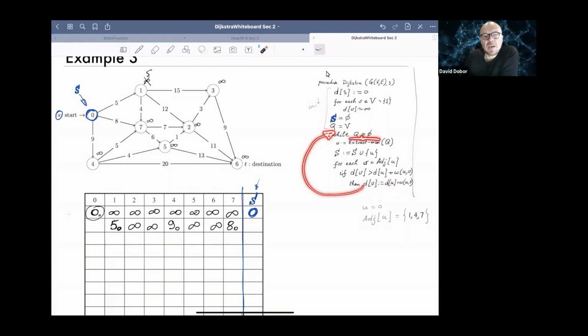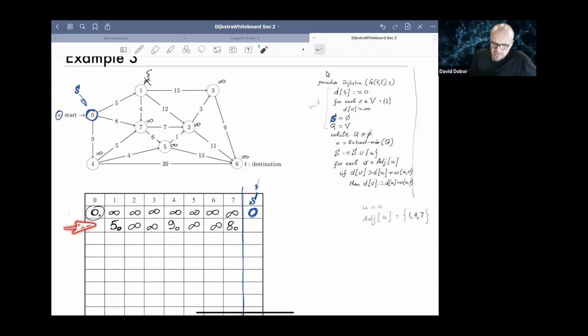Is my queue empty? Well, no. What's on that queue? 1, 2, 3, 4, 5, 6, 7. All these are on there. The only thing that was popped off of it was this vertex 0. So I still have a few things to do inside the while loop. So what's the first thing I do? Now I continue executing this while loop. First thing,